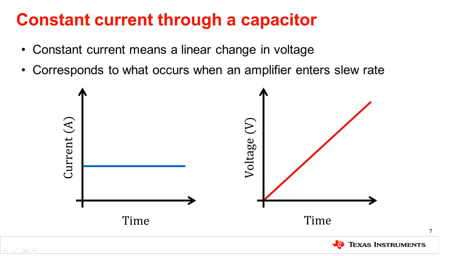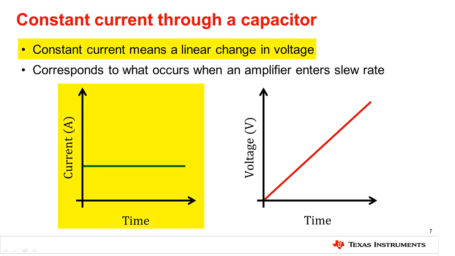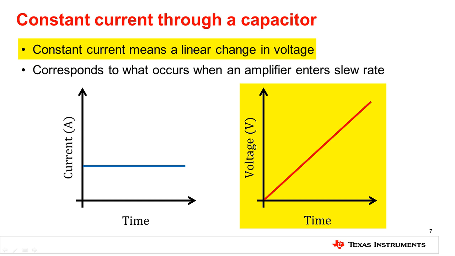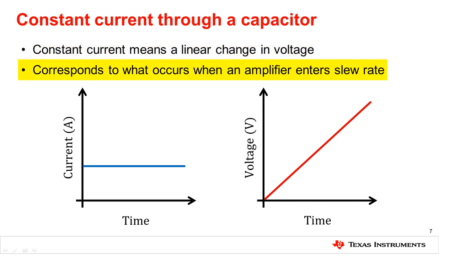So far, we have looked at the current through a capacitor given a voltage across the capacitor. But what happens to the voltage across a capacitor when it is charged with a constant current? As you can see in this plot, a constant current flowing through a capacitor results in a linear change in voltage across the capacitor. This relationship is important in op-amp design, specifically op-amp slew rate. In the videos on slew rate, you will learn that an op-amp's slew rate is determined by its Miller capacitance and the maximum current it uses to charge the capacitance. The slope of the resulting linear output is known as slew rate.